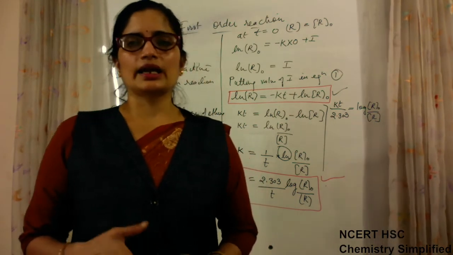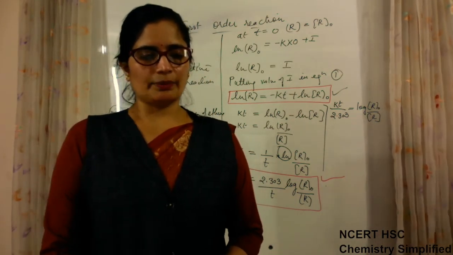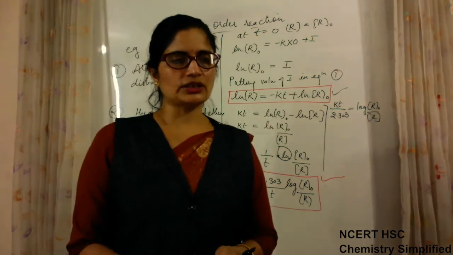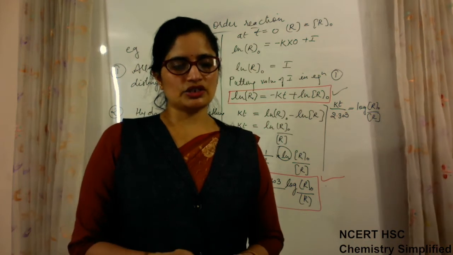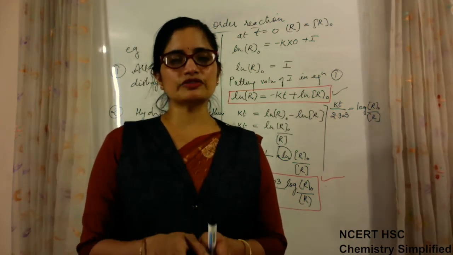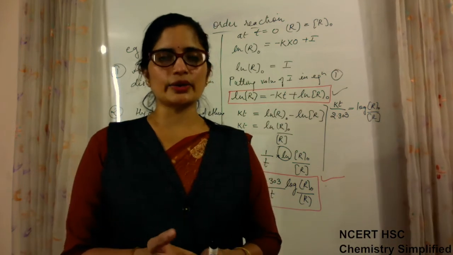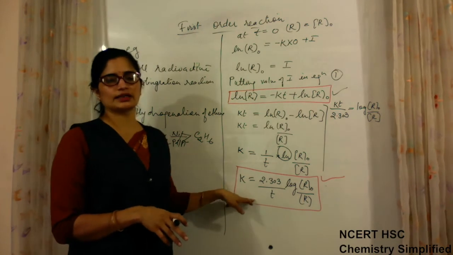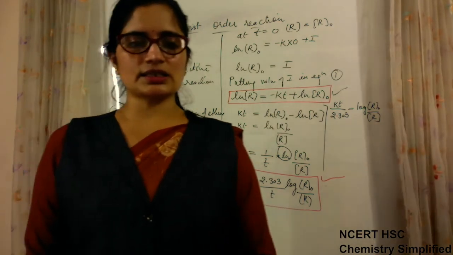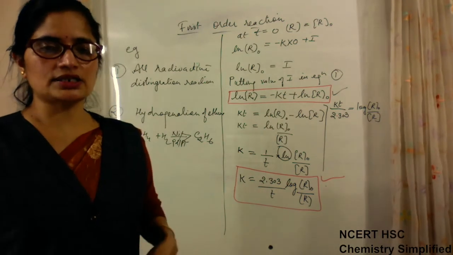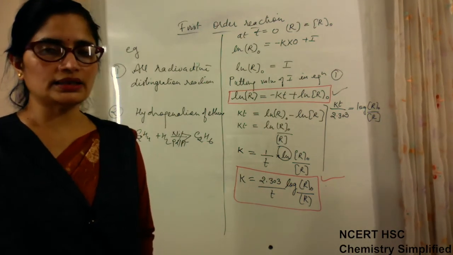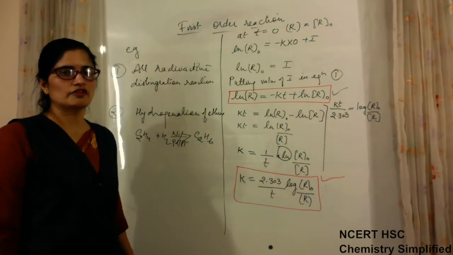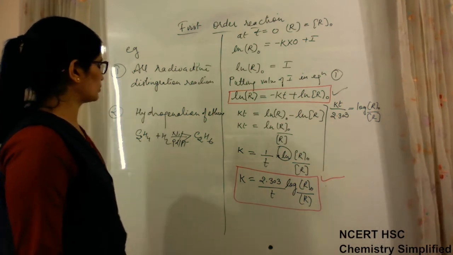So sometimes in questions it is given that a radioactive decay takes place according to the following reaction, and then after time t the concentration left is this. That means which formula we have to use, because it is written radioactive disintegration. So the formula which will be used by us will be this for finding the rate constant. Sometimes it is not specified whether the reaction is first order or zero order, but by the conditions, like if it is radioactive decay, you will automatically come to know that we are talking about a first order reaction. So you have to remember this.